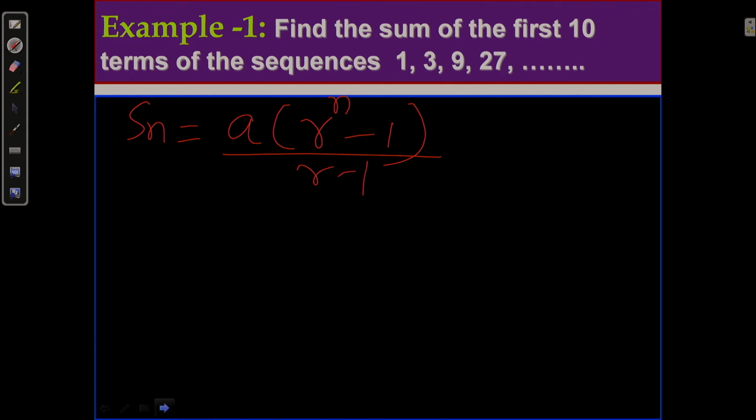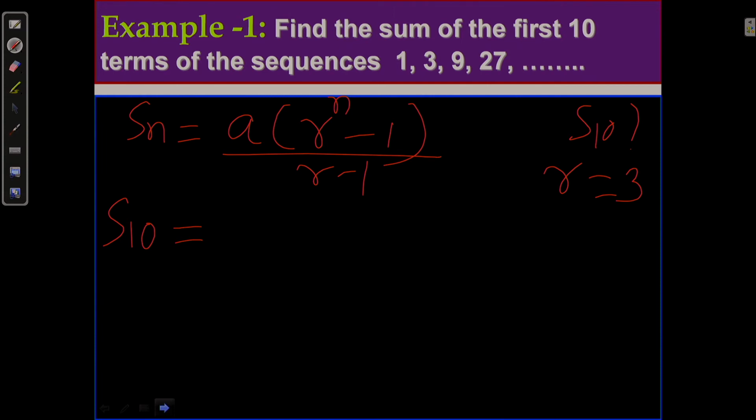Because we are going to find out the finite part. Finite means we are going to find out the 10th term. So here we are going to find out the sum S10, and the R value we already know, that value is equal to 3. Now S10, the sum of the 10th term, is equal to